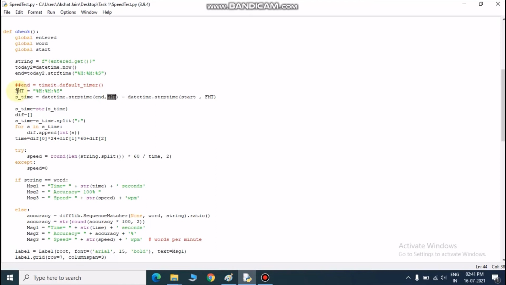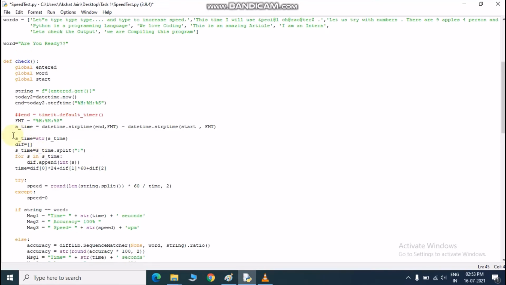If the time was in year, month, day, and then hour, minute, second, it would have stripped that part from it and shown us the hour part, minute part, and second part. Same thing I am doing here. So we are done with the end time and starting time, and the difference is saved in string time, s time. This s time is also of type datetime.